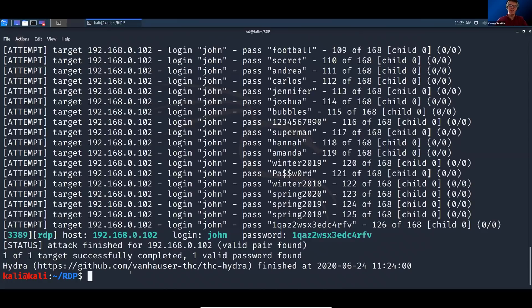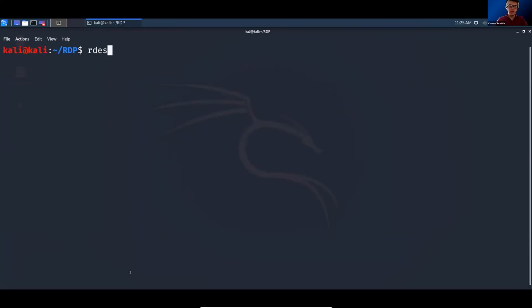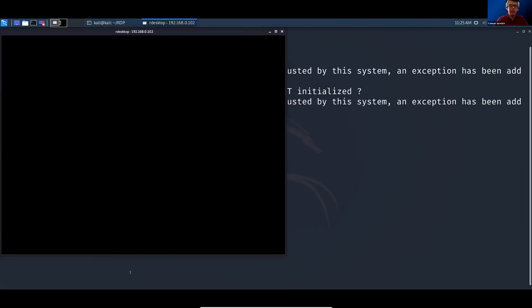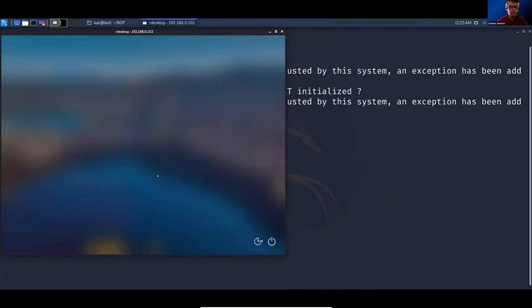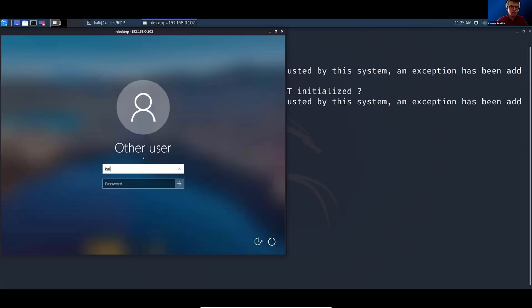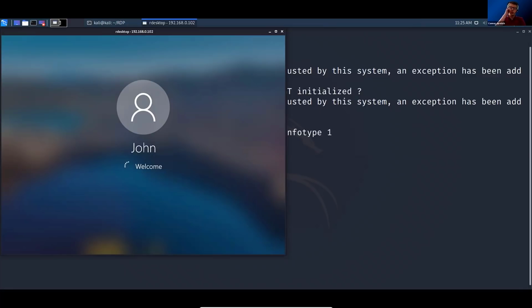So we are going to go ahead and connect and see if we can use those credentials that we just had. Remember, it was a username of John and then the 1-down password. So we will give that a try here. All right, starting at 1, working our way down. All right, and we're getting a welcome here. So at this point,